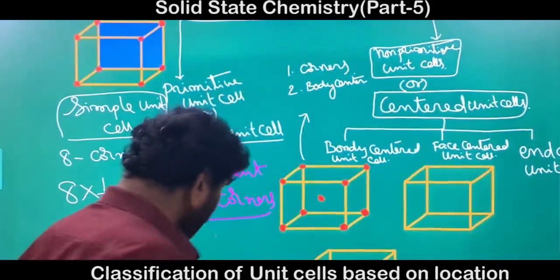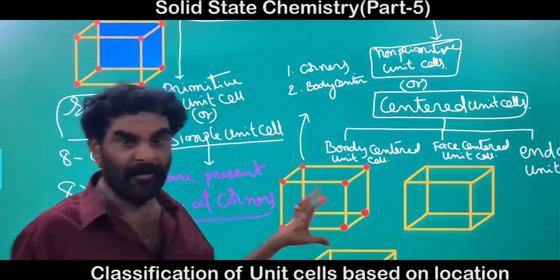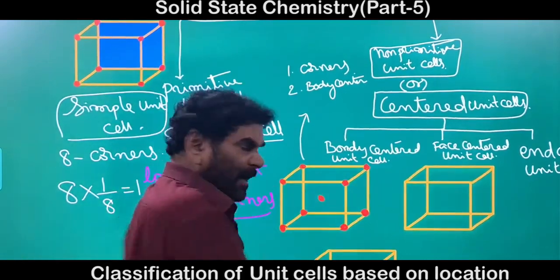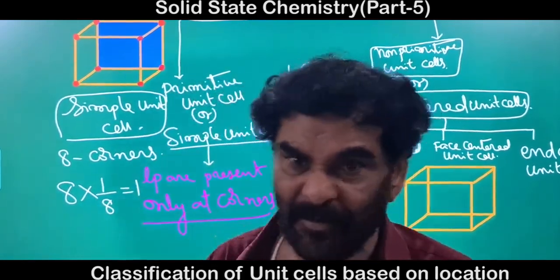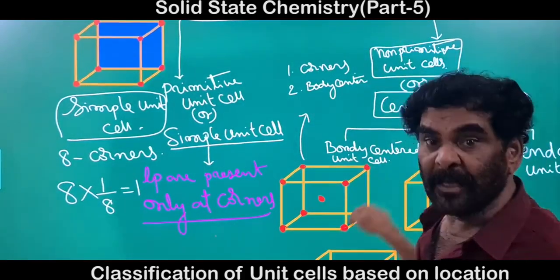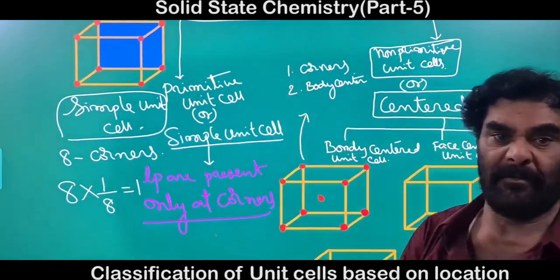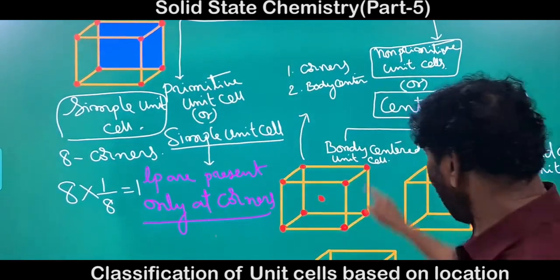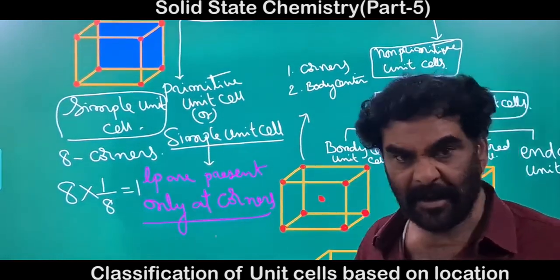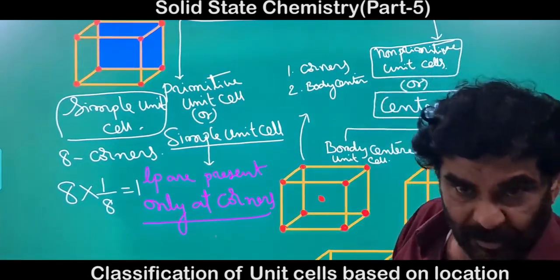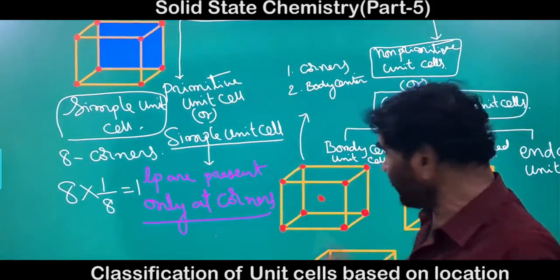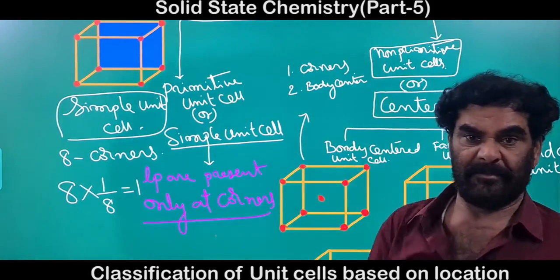So what is the contribution? How many atoms are involved in the formation of each unit cell? You may say 8 plus 1. But in the lattice, each lattice point is common to more than one unit cell. The corner point is common for 8. The corner atom contribution for the given unit cell is only 1/8, since it is common for 8.